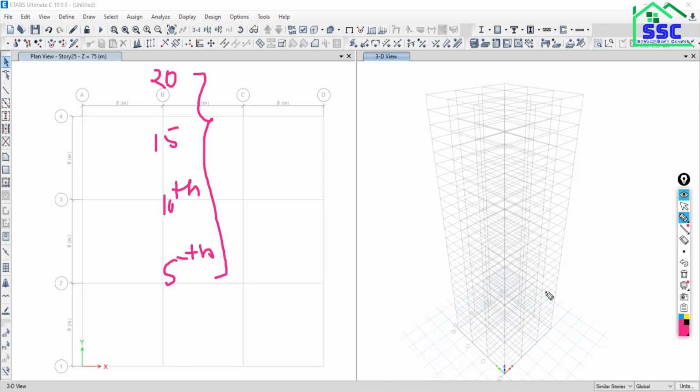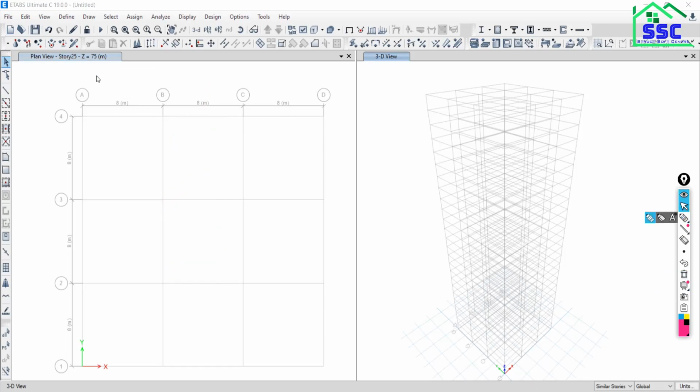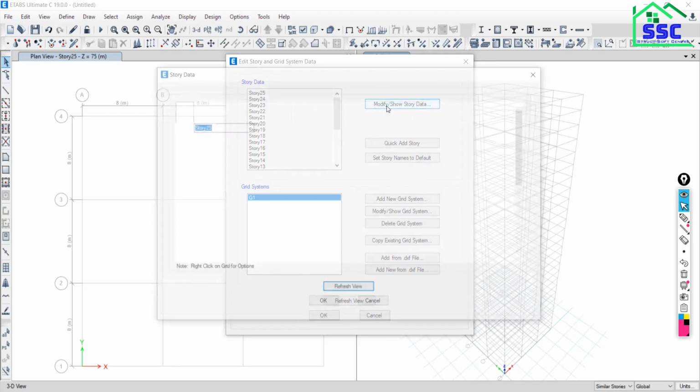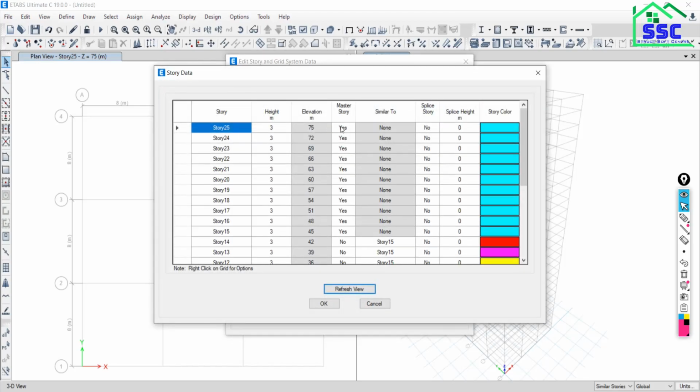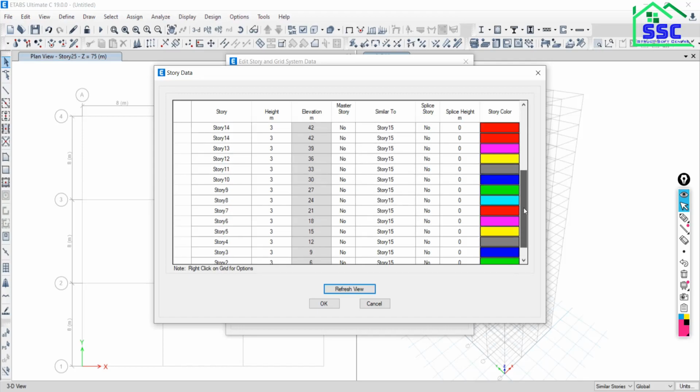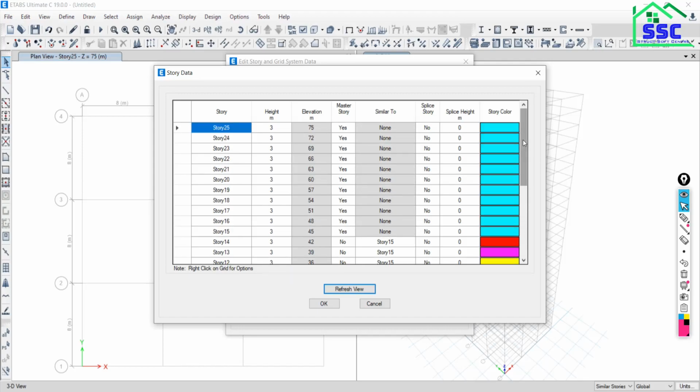First you have to define the similar stories. You have to define first which stories are similar. So go to editor, go to edit stories, go to modify story data, and here you have to define which stories are similar: 5, 10, 15 and 20.